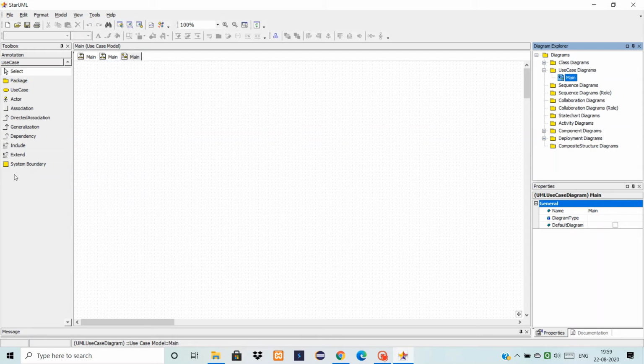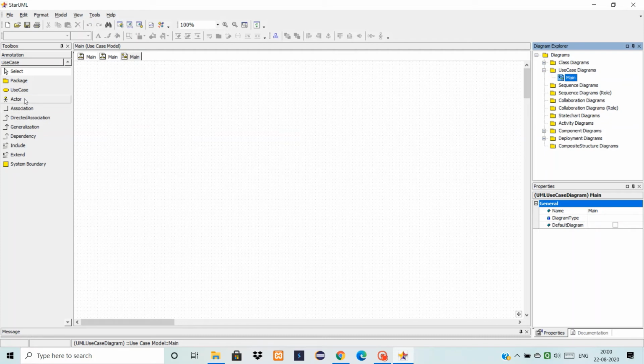Now let us consider an example to draw a use case diagram for a hostel management system. The steps we have to follow for drawing use case diagrams are: first, decide the actors in our diagram; then decide the roles and functionalities; then decide the relationships among the use cases and the actors. In the hostel management system, the actors can be rector, warden, students, mess, and security. So we'll consider these examples.